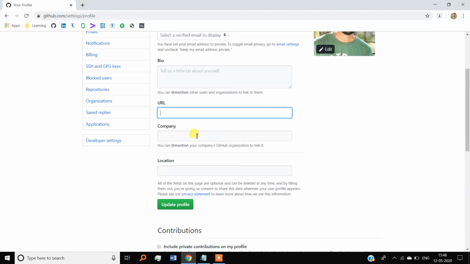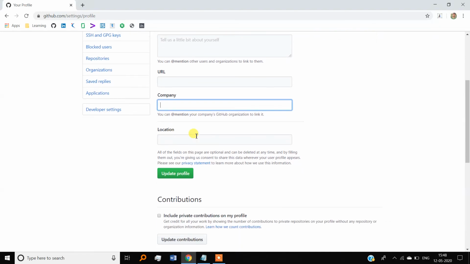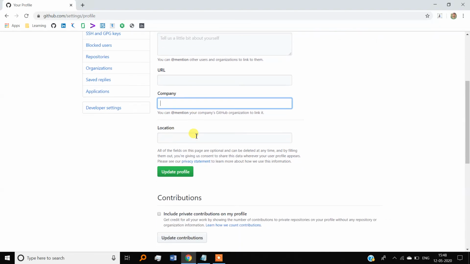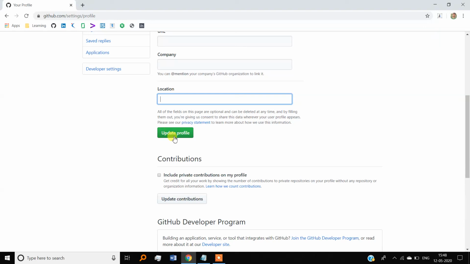You can write your company name, and give a location also, and after clicking update profile, your profile will be updated.